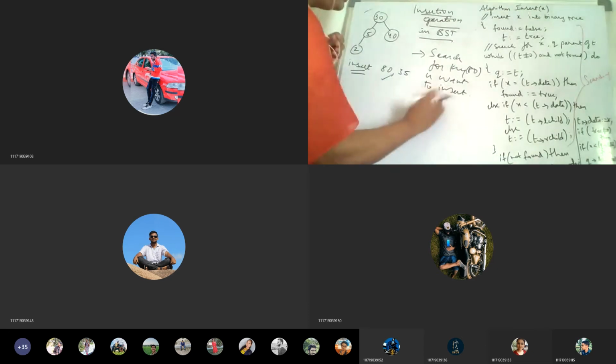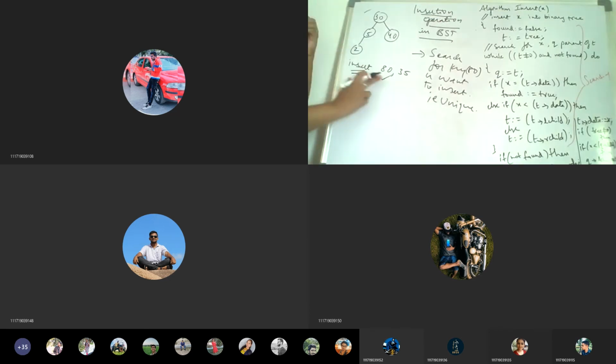Let's see here. If this is the tree structure and we want to insert 80, start from the root. This is my x, and the root key value is 30.